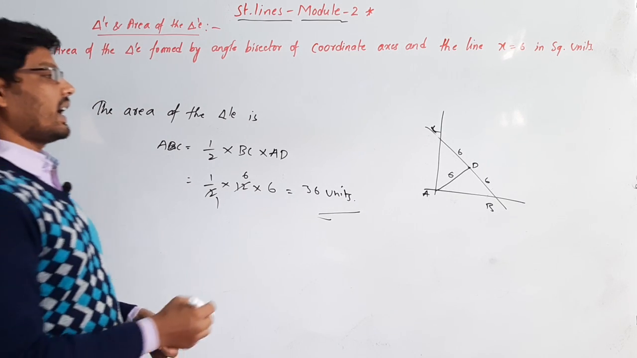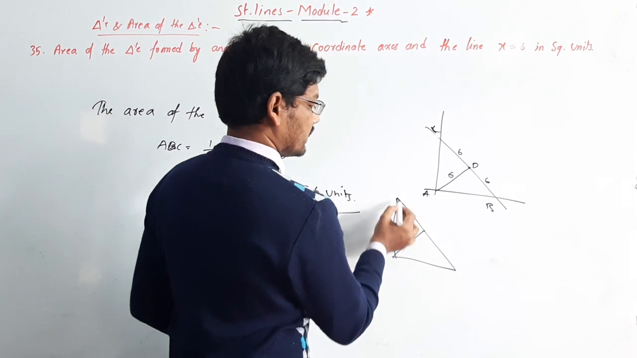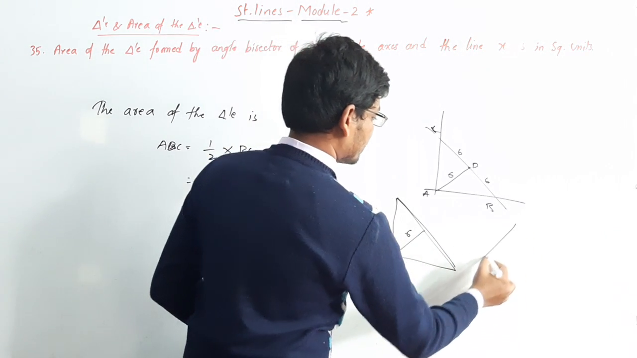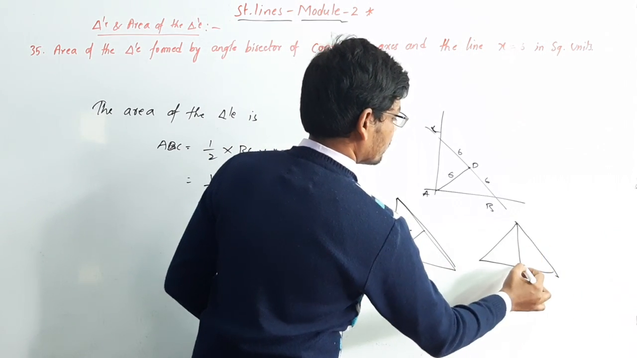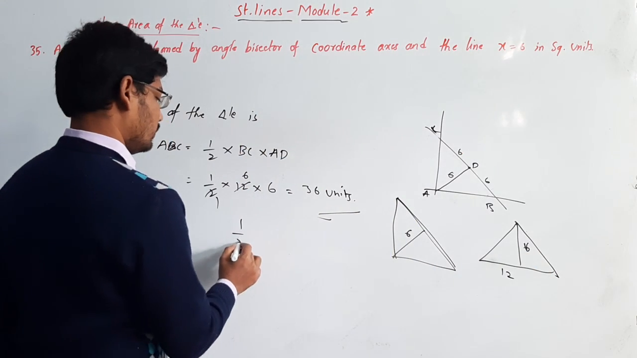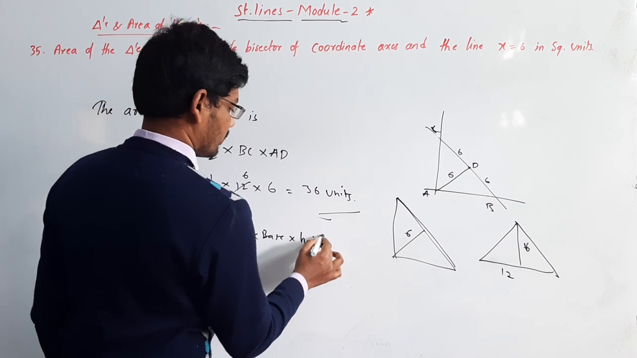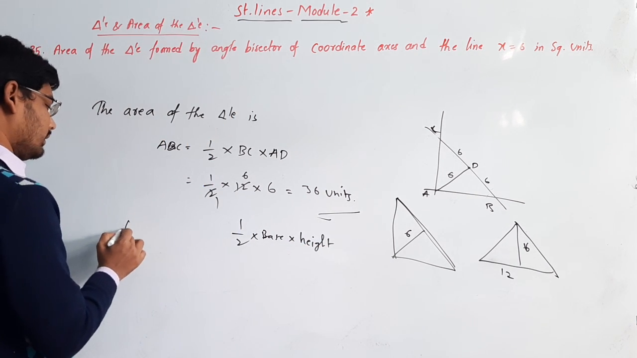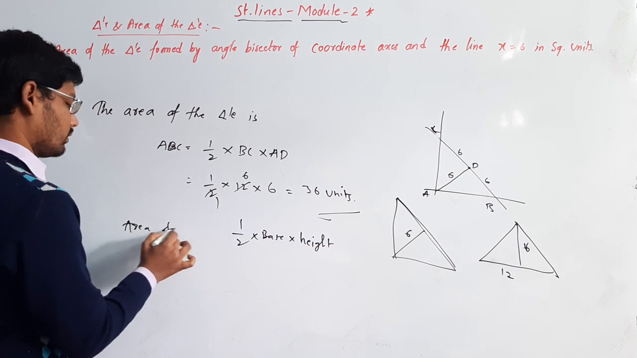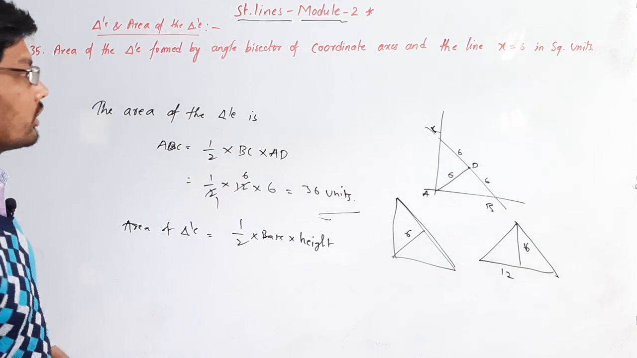So, this is a triangle here. This is height, this is base. If you rotate like this, this will be the triangle. So, base is 12, height is 6. According to that, half into base into height. This is the area of the triangle. According to that, I am solving this one here. And the next question is